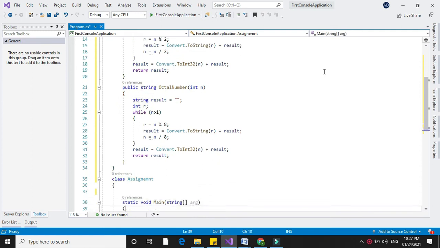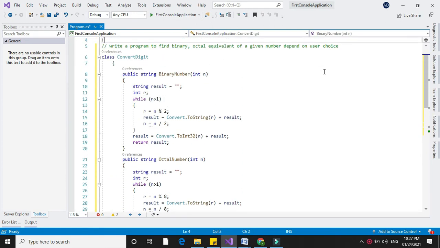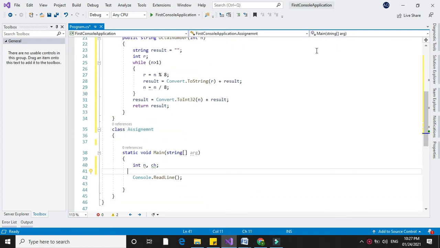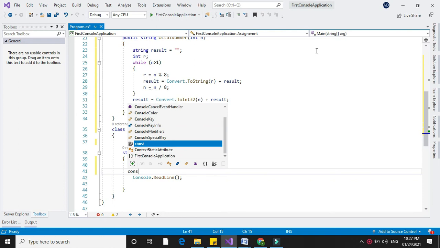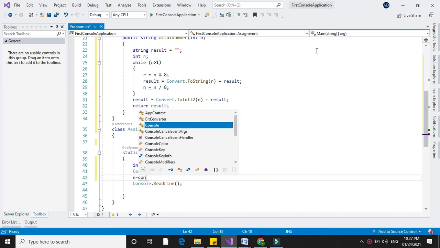In the main method we will declare a variable n for accepting the number, and ch for accepting the choice, since we are going to find depending on user choice. Now we will accept the number in n.